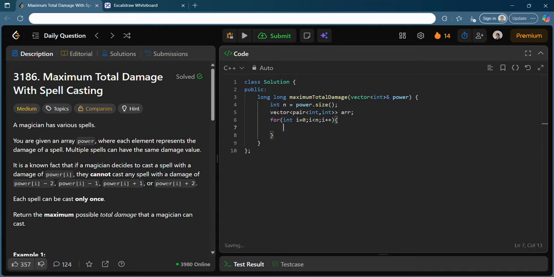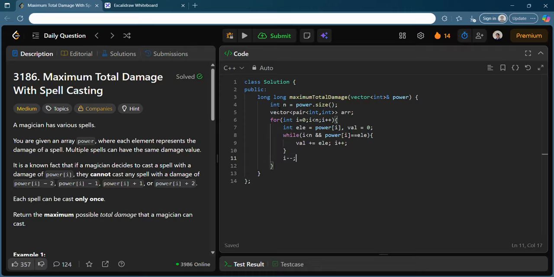Okay, and what I can do also is that let's say pick an element, I will name it power I, definitely it is power I, and I also have a value which is initially 0, and I will keep adding this value. So I will just tell that let's say it should not go out of bound, and the main thing is that while power of I is equal to this element, what you can do, you can keep adding this element to the value and keep incrementing I also.